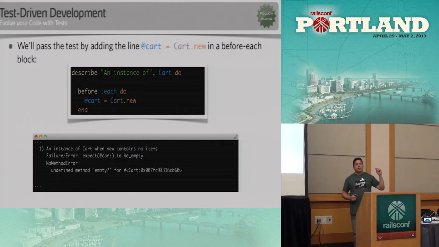So again, let me recap. In each one of my describe blocks, I describe a scenario. The scenario is typically driven by some initial state of what I'm testing. In the case of the cart, I'm testing a new cart. So in my before block, I want to create a brand new cart. If I had a scenario that described a cart with 2 items on the shopping cart, then in my before block, for all those tests, I would have created a cart and added 2 items to the cart.